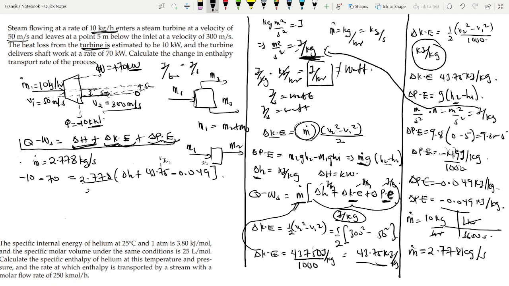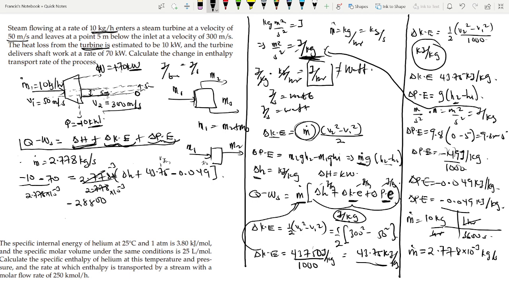So we divide 2 by that. 2.778. Sorry, I made a mistake here. So now this is 2.778 times 10 to the power negative 3 kilogram per second. So let me put it here, times 10 to the power negative 3. 2.778 times 10 to the power negative 3. This divides this. So now negative 10 minus 70 divided by 2.778 times 10 to the power negative 3, we get negative